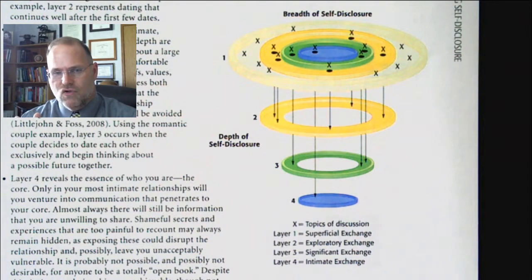As you work your way down from superficial to exploratory to significant to intimate exchange, your breadth narrows, but your depth increases. That's the whole idea of that. What it actually does is it means that you become more entwined with the individual. They know more about you, sometimes maybe more than you want them to know, but that's part of life. That's what we want. We want those people that we can be fully open with. We hope it's our spouses, significant others, boyfriend, girlfriend. Moms and dads tend to be a little less. Siblings are a little more than moms and dads, but it's there.